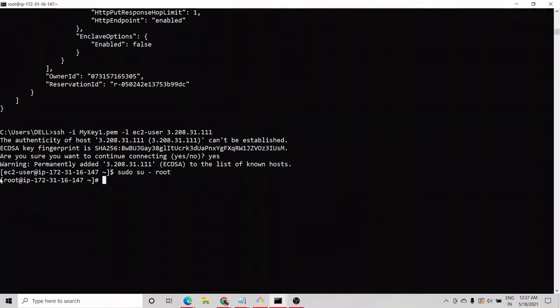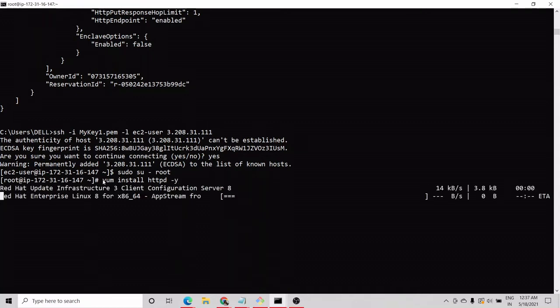Yeah, we can see here we landed in the root user. Now we will install httpd. So yum install httpd, and -y to do the installation. So we did it, and now it is installing.